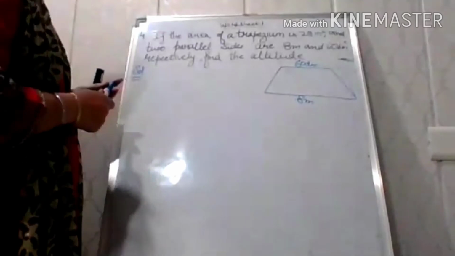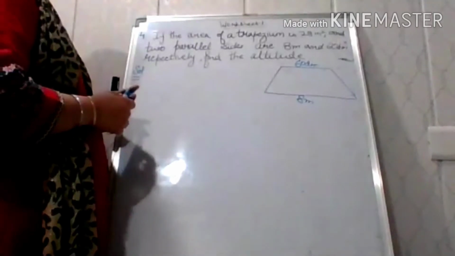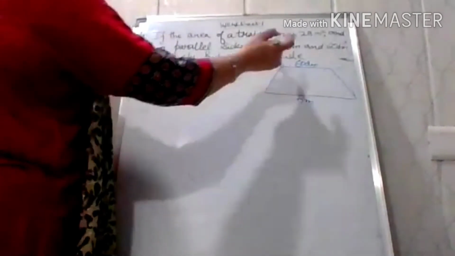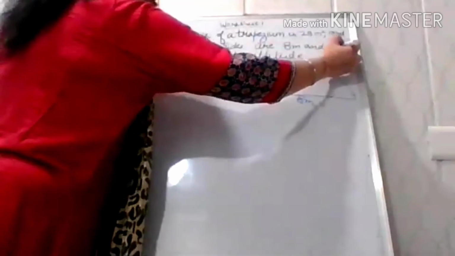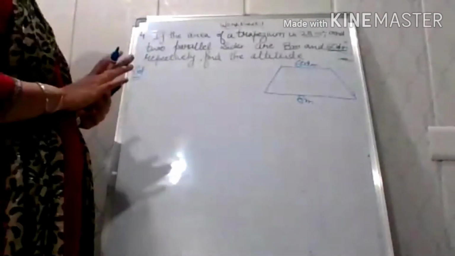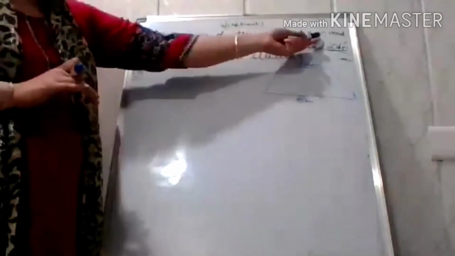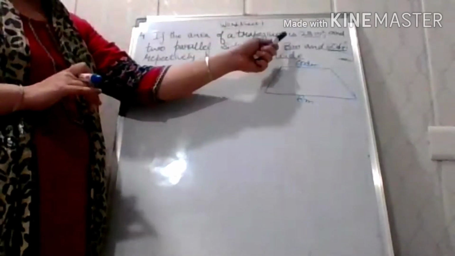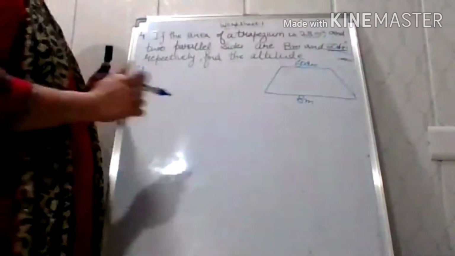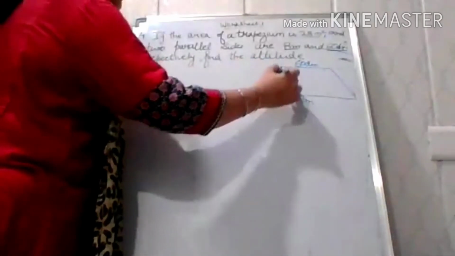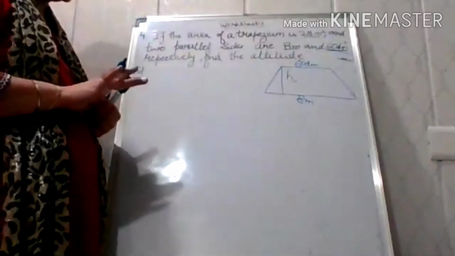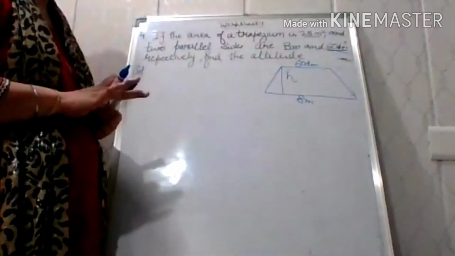Let us solve another sum. If the area of a trapezium is 28 meters square and two parallel sides are 8 meter and 60 decimeter, better make sure the units of each term, which number they are using, that should have the same units. Now here area is in meter square, one side is 8 meter and other side is 60 decimeter respectively. Find the height. What you have to find? You have to find the height between these parallel sides. So before I can go towards finding the height, first I have to make all the units same.